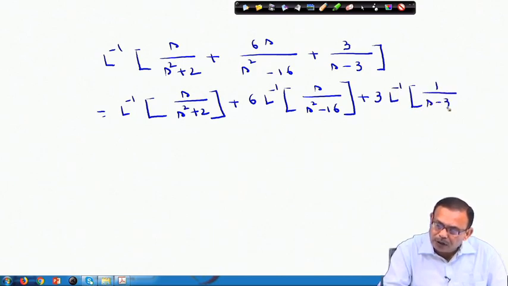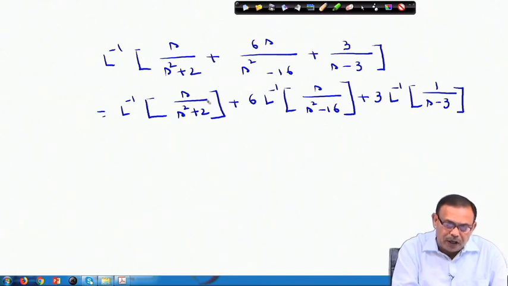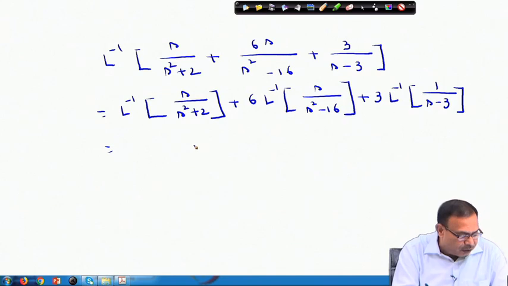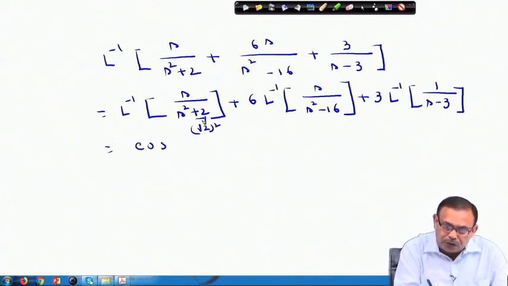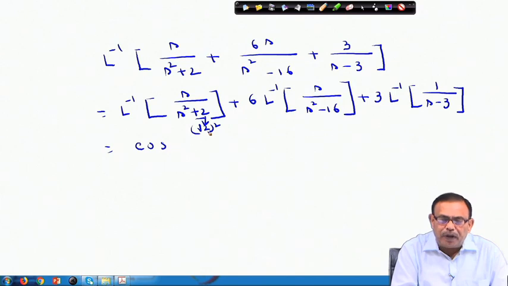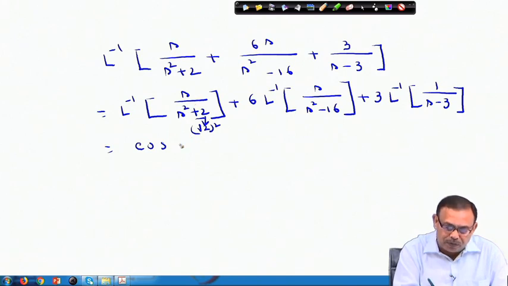Now, please recall, s by s square plus 2 is the Laplace transform of which function? You know it very well, that is cos. This plus 2 you can write down as root 2 whole square. So, s by s square plus a square is the Laplace transform of the function cos a t. Therefore, Laplace inverse of s by s square plus a square, you can write down cos of root 2 t